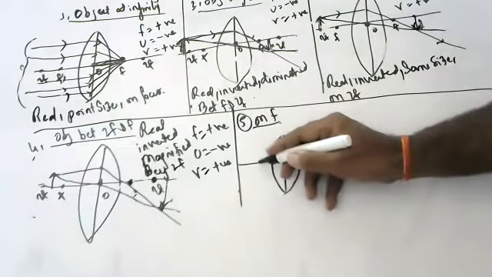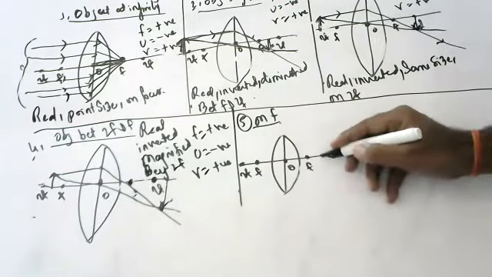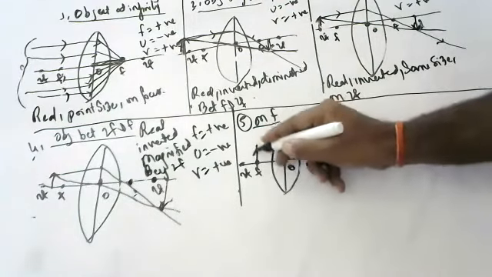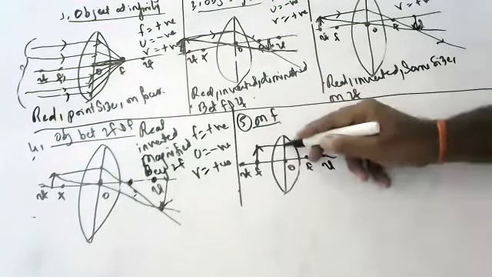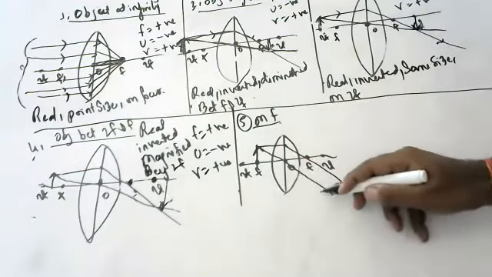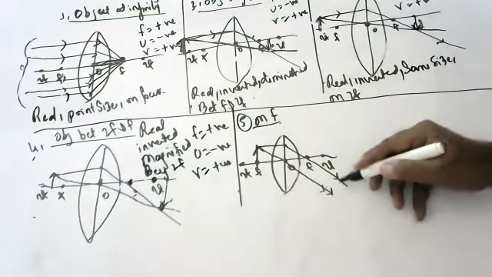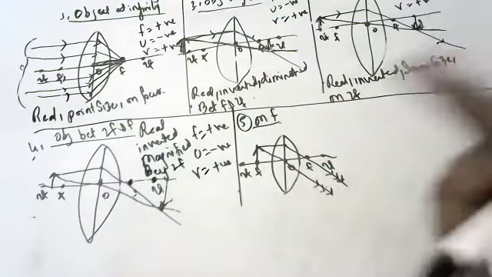Okay, children, this is your convex lens. Please keep copying, everyone. This is f. This is 2f. On f, if you keep the object, one ray comes like this and goes through focus. The other light ray going through the optic center does not deviate. So the image is formed somewhere at infinity, children, because both are parallel rays. When they are parallel, they don't meet.